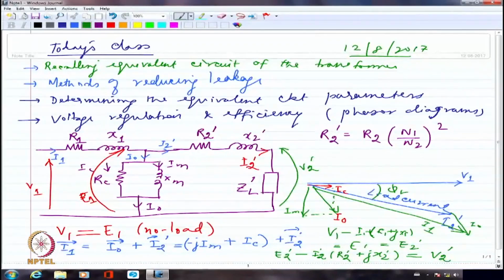So let me say V2 dash is somewhere here. I'm just going to arbitrarily draw V2 dash. It's not really exactly correct. Maybe this is V2 dash. The length should not be so much. Okay, fine. So this is V2 dash. To this V2 dash I have to add, first of all, I2 dash multiplied by